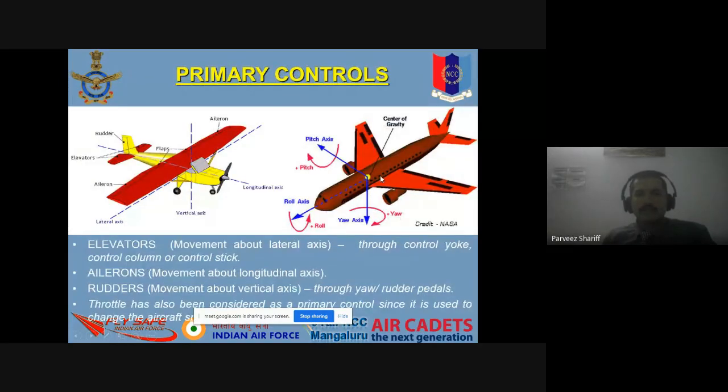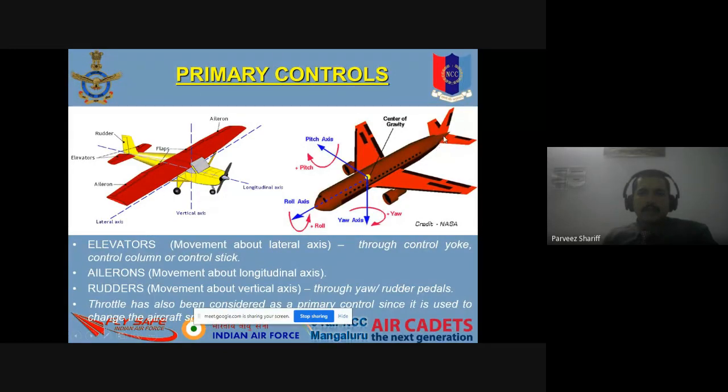Now you can see the three axes. If we look at this big aircraft, this yellow dot represents the center of gravity, the point where the CG exists. In short, we call this CG, center of gravity. This main body we call the fuselage, and all other parts are connected to this fuselage. Here the wing is connected, the tail section is connected, and the tail fin is connected.